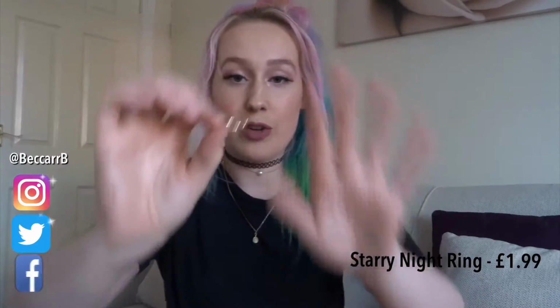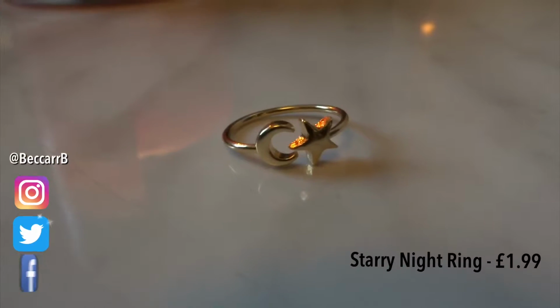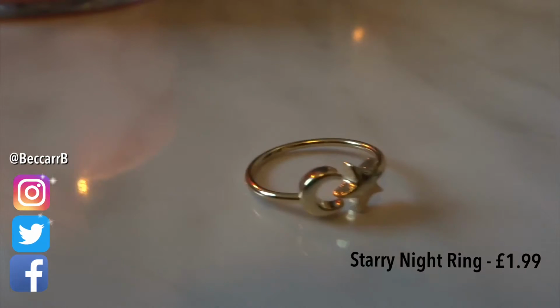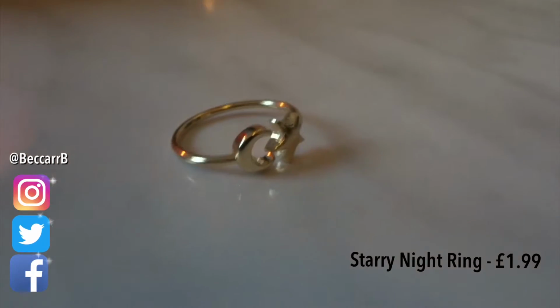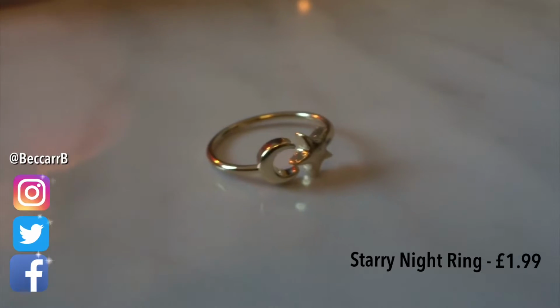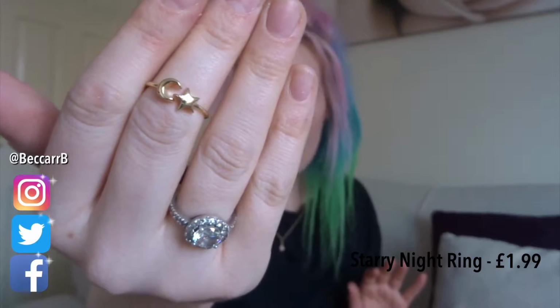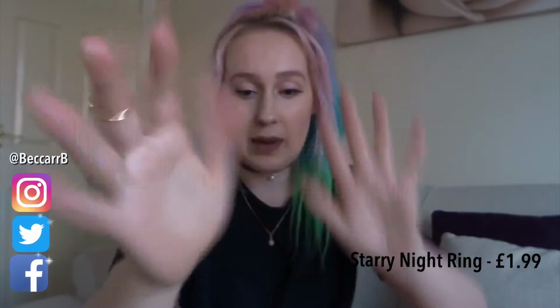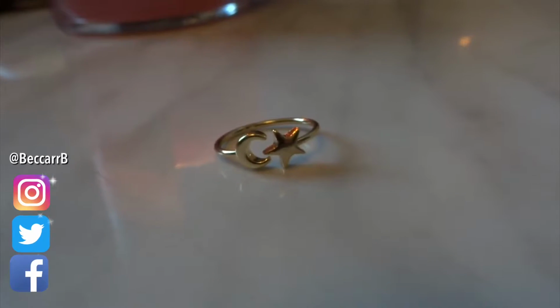So this is the cutest little star and moon ring in gold. I think this is so cute. I saw it and I was like, I have to buy that. You can place it as a midi ring or you can have it as just a normal ring. I think I would really like that as a midi ring. How adorable is that as a midi ring? It can fit on my index finger or my pinky finger, but I really like that as a...